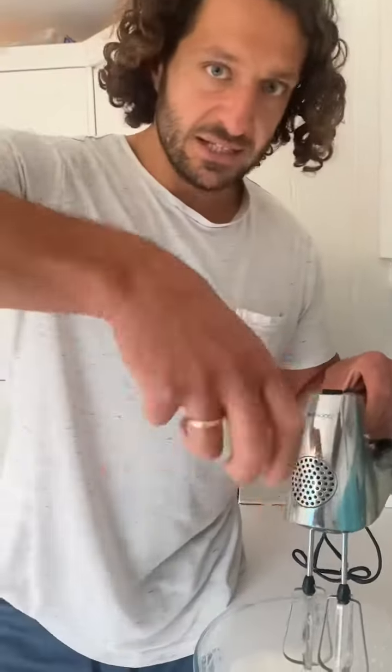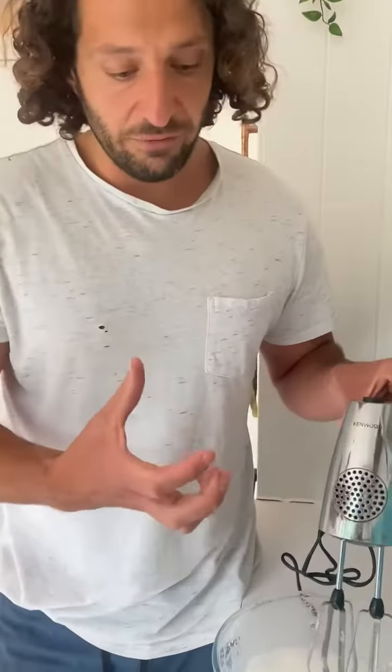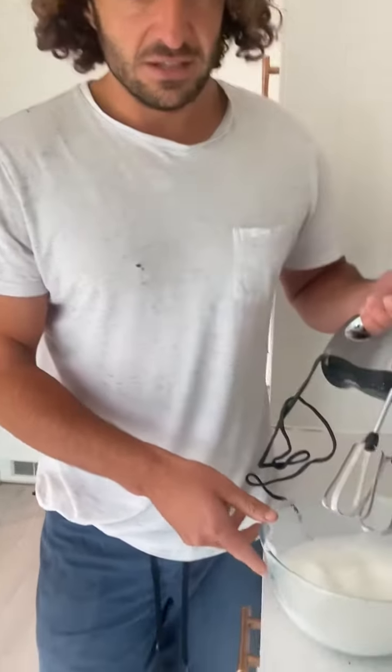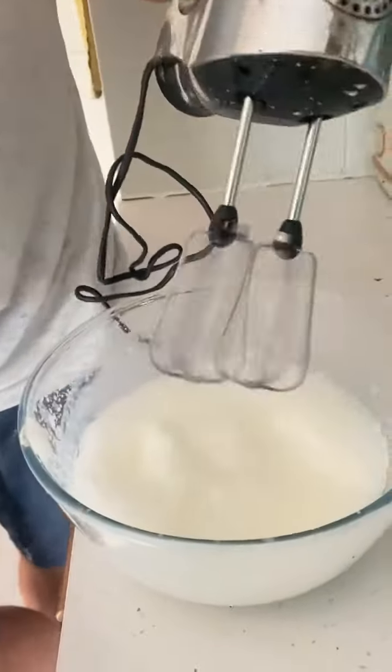You can use a NutriBullet, but obviously when you invert it, so when you unscrew it and take it off, the risk is that it re-blends. So something like this, excuse the noise, I'm not going to do it because obviously it's a waste of your time, but